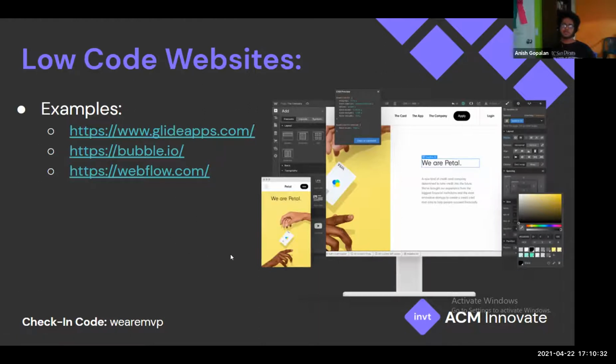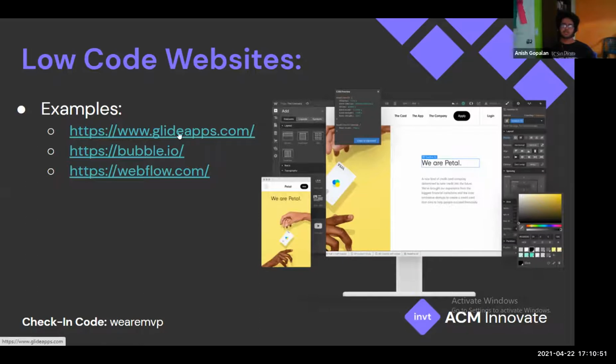And what these are is they do come with a lot of pre-built templates for how to make certain websites, but it's just a way to visualize your website as soon as possible and just get something out there so that, like I said, you can obtain feedback as soon as possible because you have some degree of an MVP. So I do want to show you guys an example of a Glide app